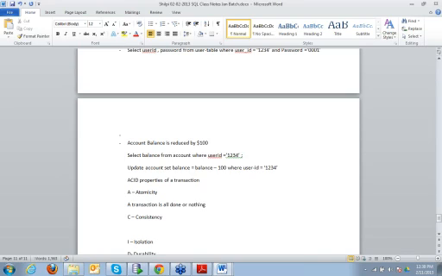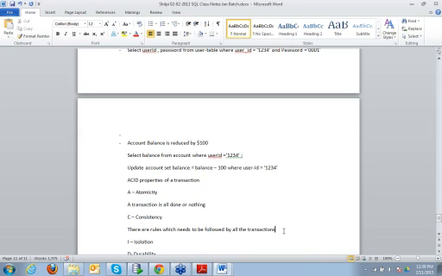Then we have consistency. Consistency means there are rules which need to be followed by all the transactions, right? So what does that mean?